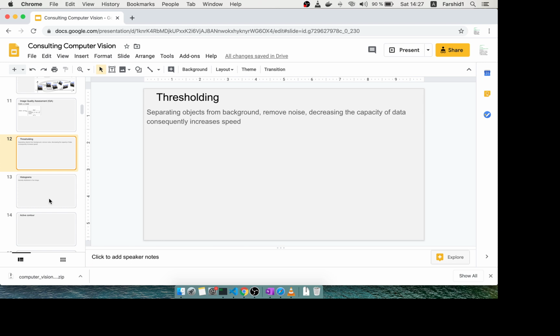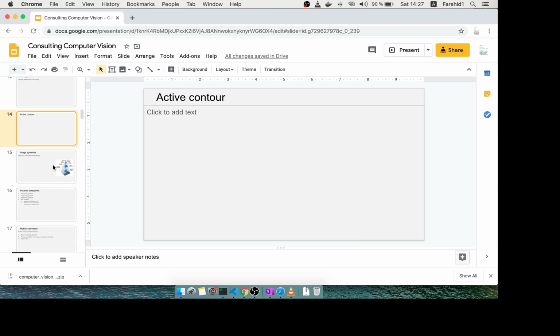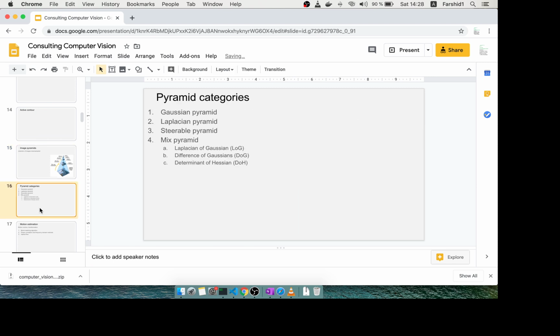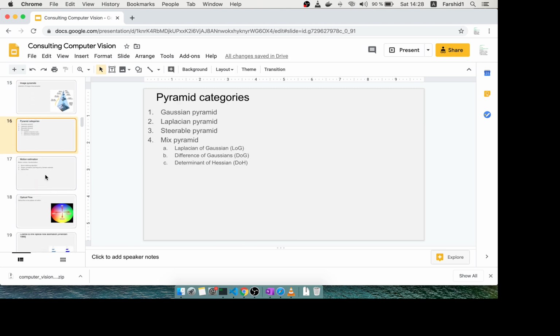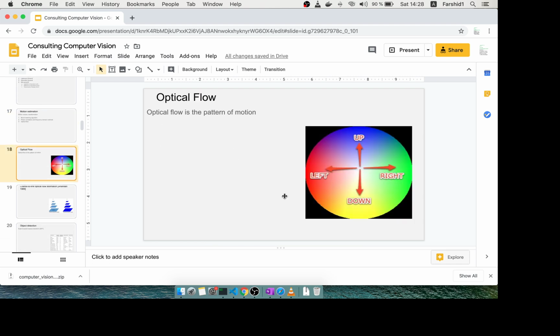Threshold, used to separate, histogram, active contour, image parameter, category of image parameter, motion estimation, optical flow,